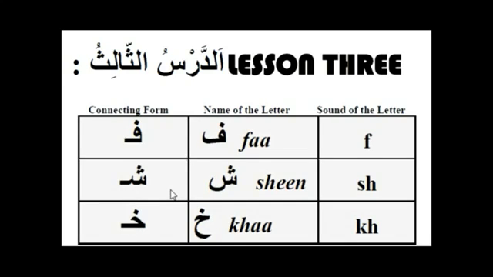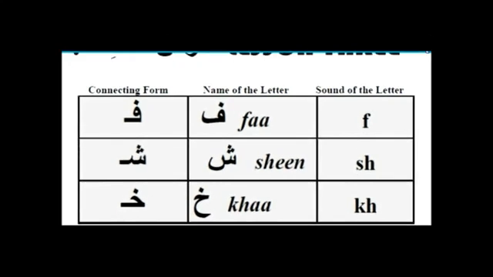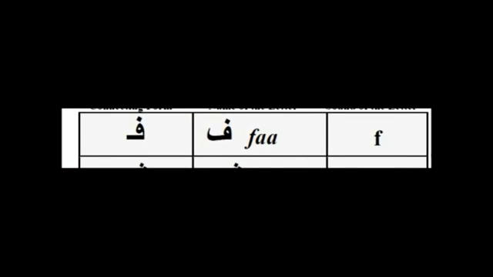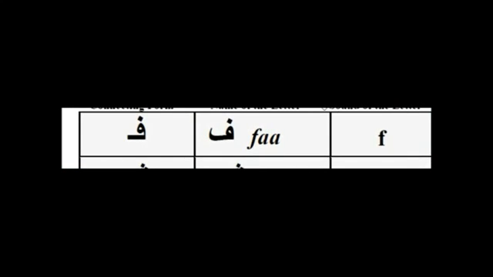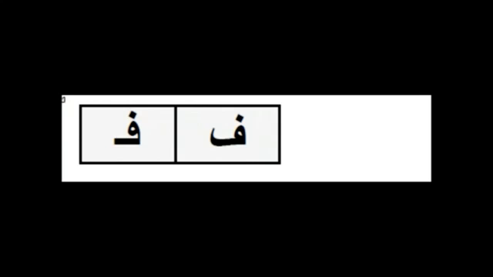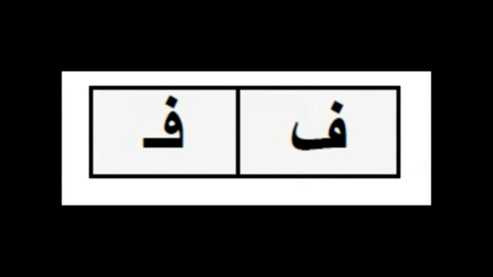The first letter that we'll take is the letter fa. As you can see in front of you now, the letter fa, standard form and its connecting form. The Arabic fa corresponds to the F in English, so the sound of the fa is the same as the F in English. F. It is written like a backwards E,